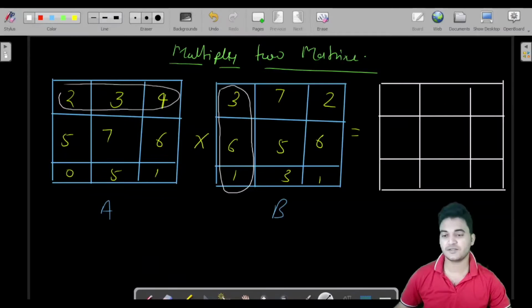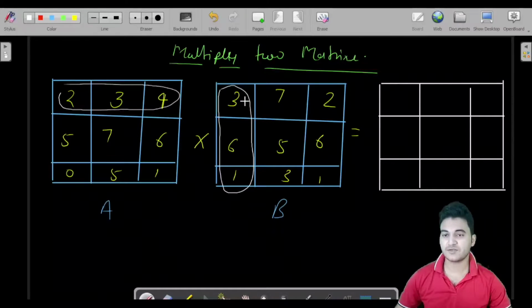Suppose we have this matrix and we have to fill the value for this particular cell. The result would come from multiplying this row and this column, and whatever the result of this multiplication is, you put it here. Similarly, multiply this row and this column, and the result goes here. Multiply this row and this column, and the result goes here. Let us see an example also.